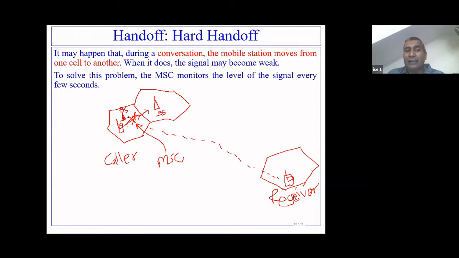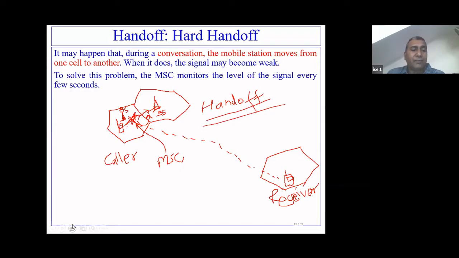And then what I meant to say, this particular base station connection is cut, and to this particular base station the connection is made with this particular mobile phone, and this process is called handoff. So handoff means here this MSC is handing off the signal to another channel. You got the idea? A strong signal from another channel that is connected to another base station belonging to another cell. So this is called handoff.